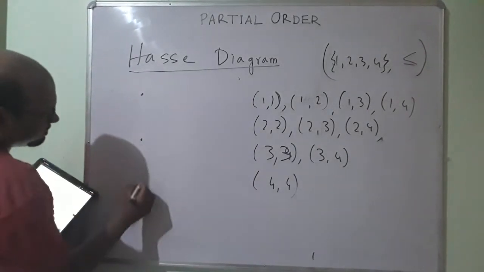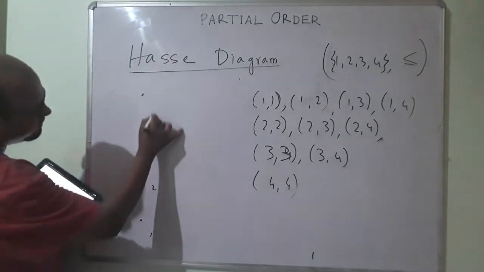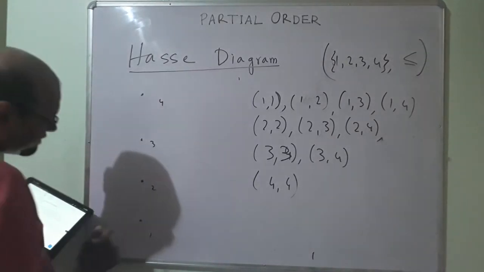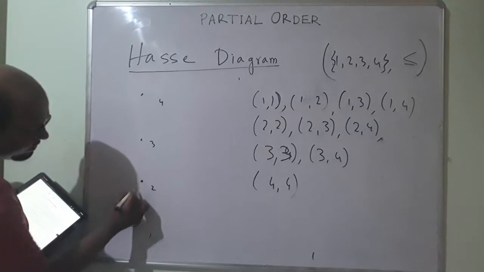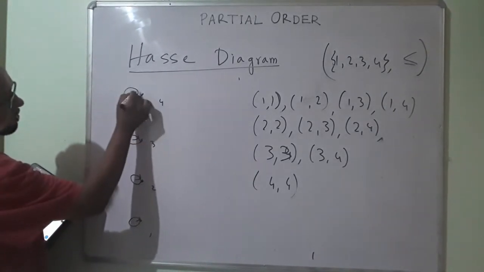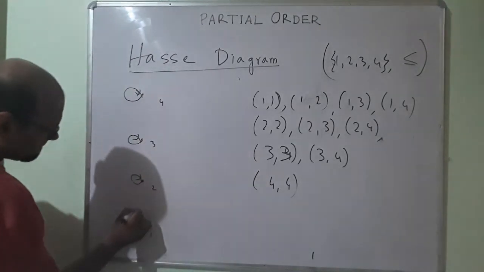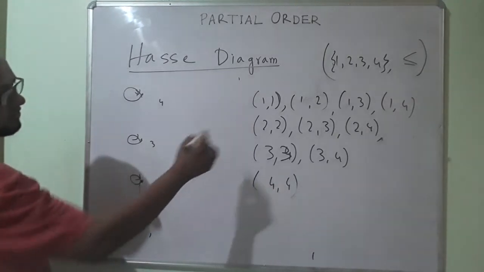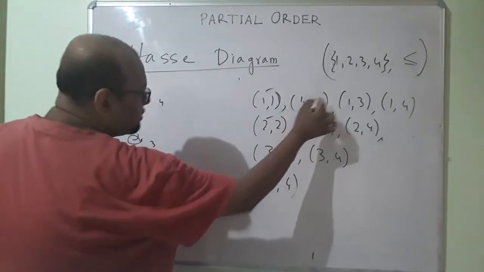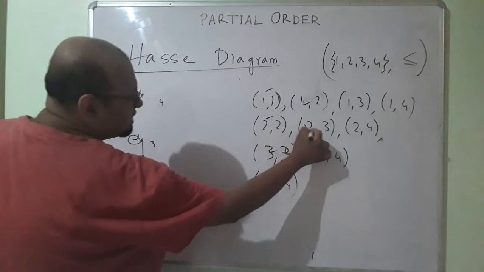normally what would have happened? In our normal diagram, I would have written 1, 2, 3, 4. In our normal diagram, I would have written this self loop 1, 1. I would have written 2, 2. Since 1, 1, 2, 2, 3, 3, 4, 4, all of them exist. Okay. Then I would have written 1, 2. Okay. I have written this, and this is gone. 1, 2, I would have written. 2, 3, I would have written. Okay, this is also gone.